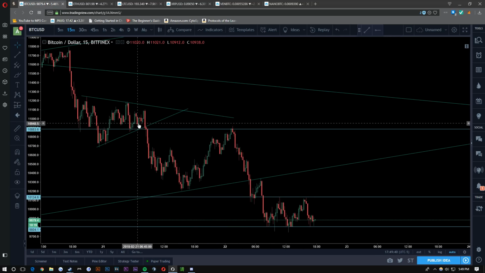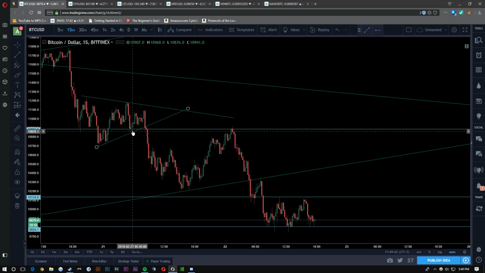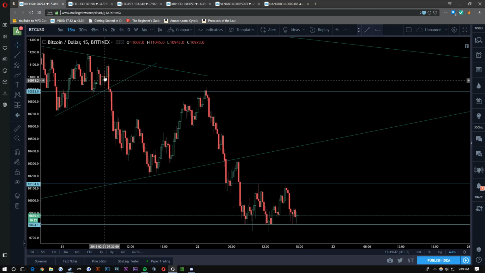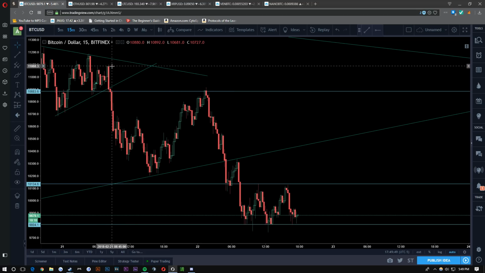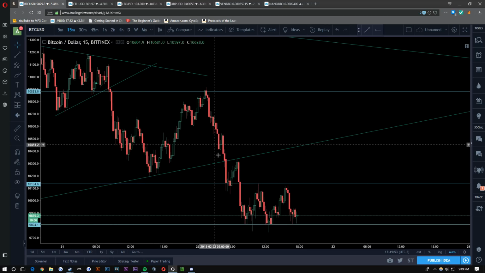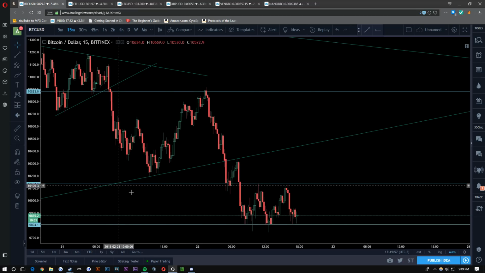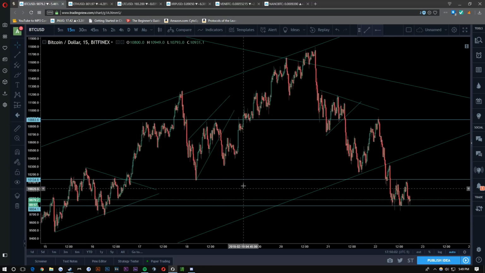See how the price goes up, and by the way, old support becomes new resistance and vice versa. So we came up and we touched and we broke, and then we came up and touched it again to retest it, and then we came back down, broke this trend line,